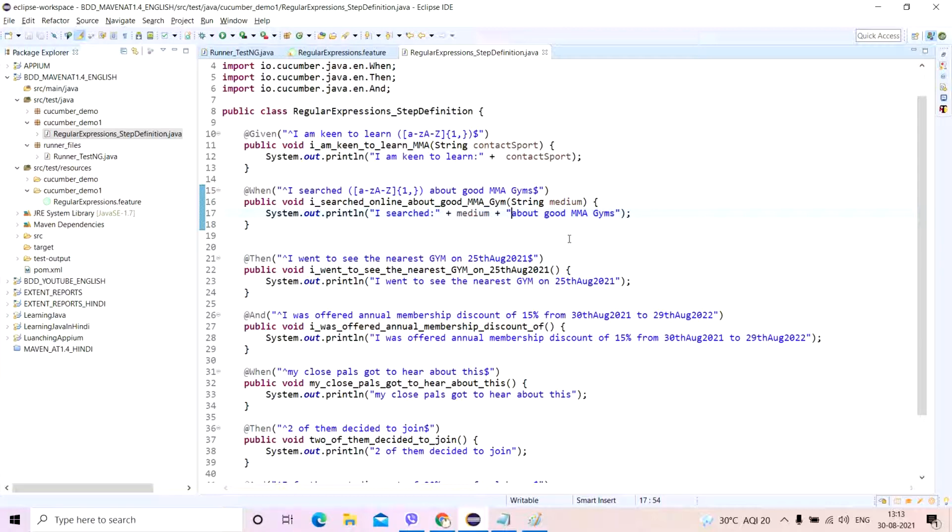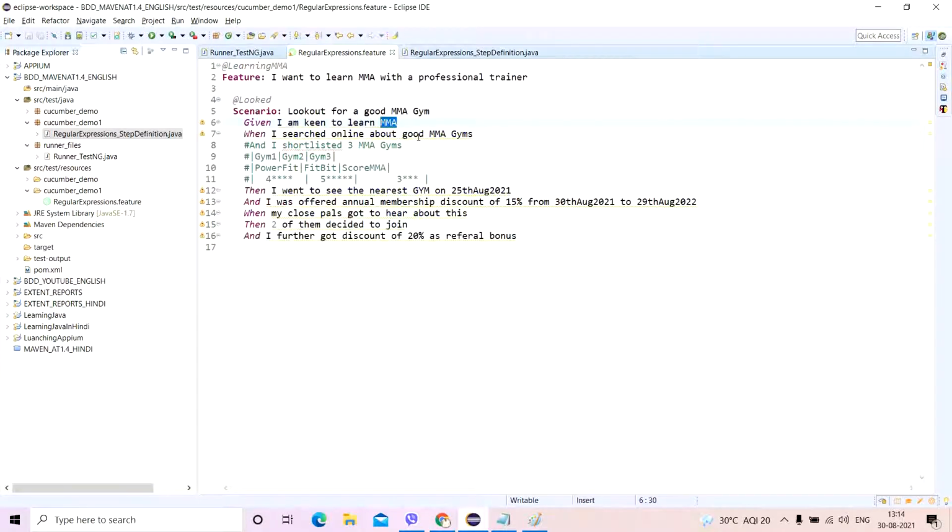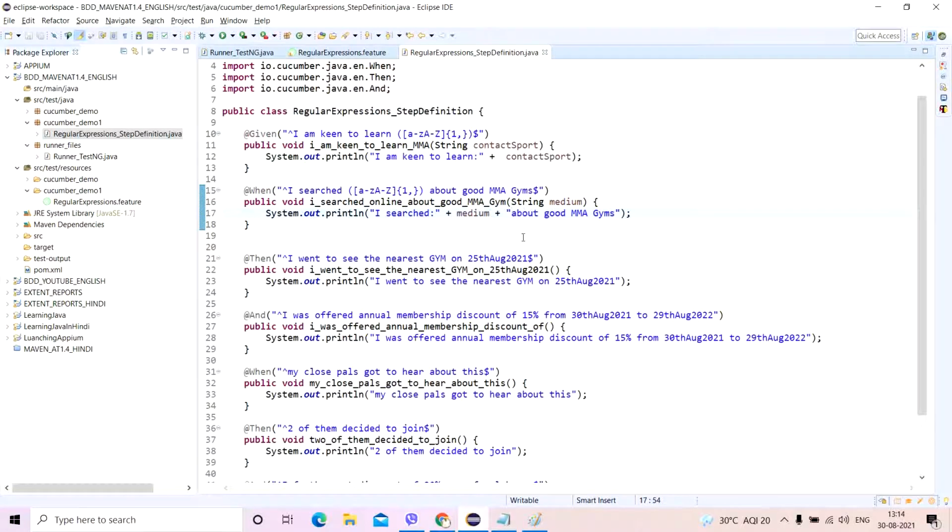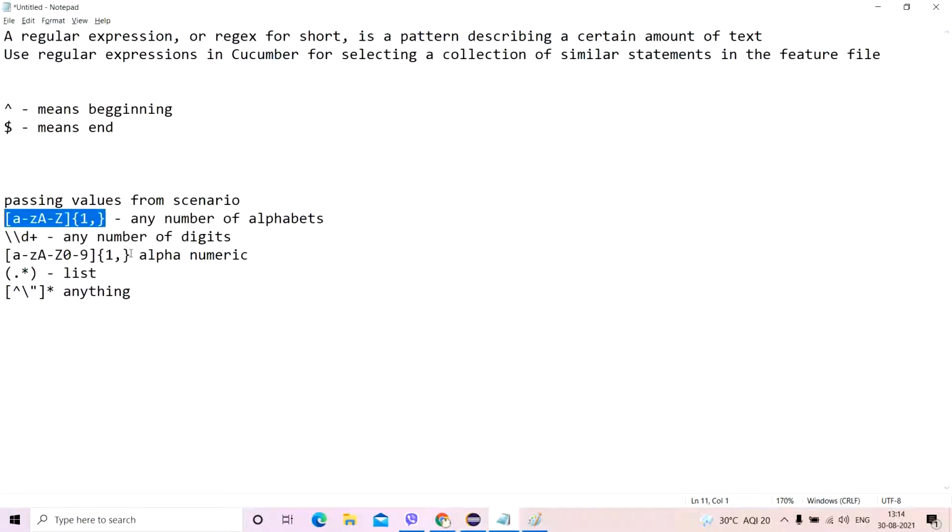Similarly, you'll have to choose your text from the feature file. I'm choosing a certain text and parameterizing the same inside the step definition using regular expressions. Now in this case, this one is a little different. Why? Because it has numbers as well as alphabets. For numbers and alphabets, you have to use something alphanumeric. Can we use this? Yes, we can.